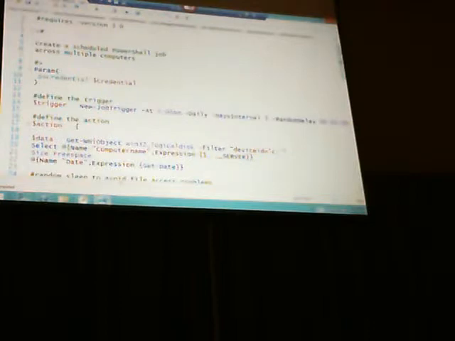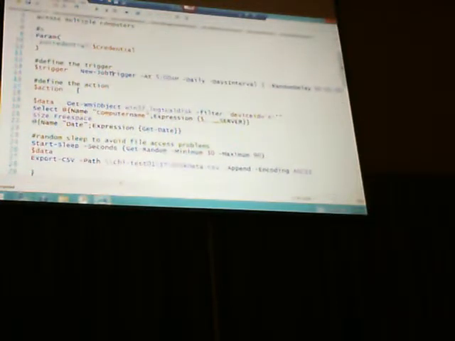All right, so I have a little script here that takes as a parameter a credential. And I'm going to create a job trigger. I'm going to create a scheduled job that's going to run at 5 a.m. daily, like every 3 days. And because I'm going to end up writing to a file share, I also put in a random delay so I don't have multiple machines trying to access the same CSV file. There are lots of better ways to do this. This is just kind of a quick, easy,